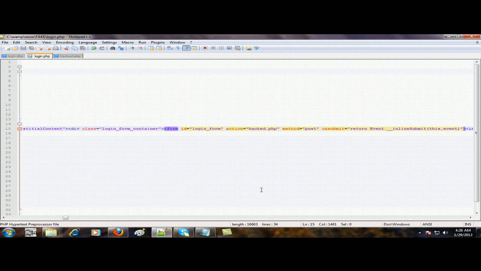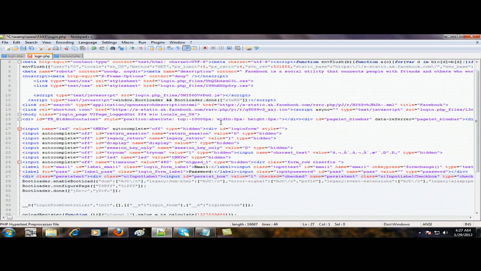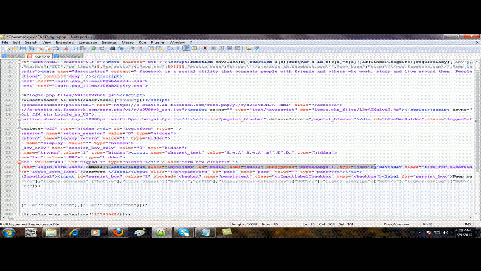and here you search for the input fields, which are username and password. You can get them here yourself. Look, you need to look for it, and it may take some time. So look for email and password field. Now we can see here our email field is this one. This is our email field. The name of this field is email.